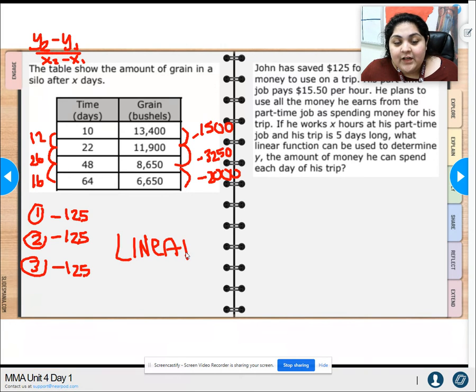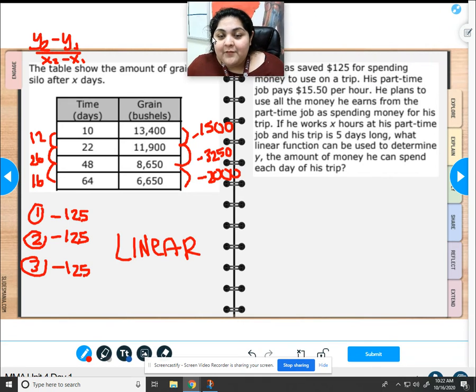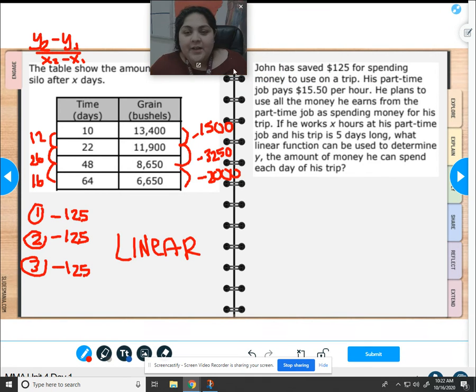All right, let's look at this problem over here. Let me move my face a little bit. So John has saved $125 for spending money to use on a trip. His part-time job pays him $15.50 per hour. He plans to use all the money he earns from the part-time job as spending money for his trip. If he works x hours at his part-time job and his trip is 5 days long, what linear function can